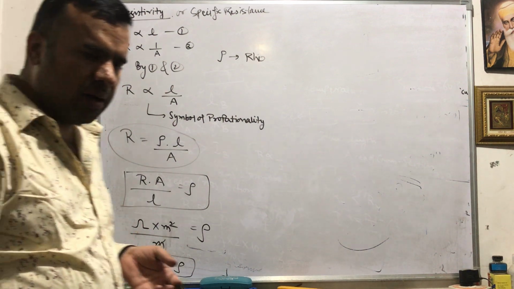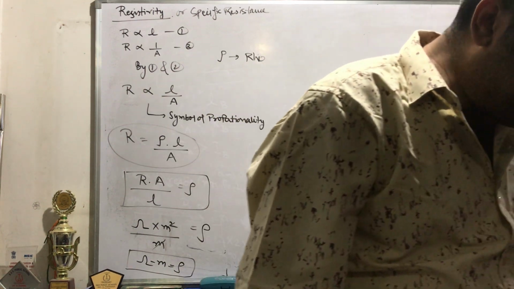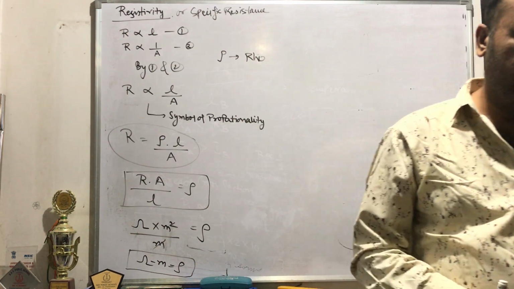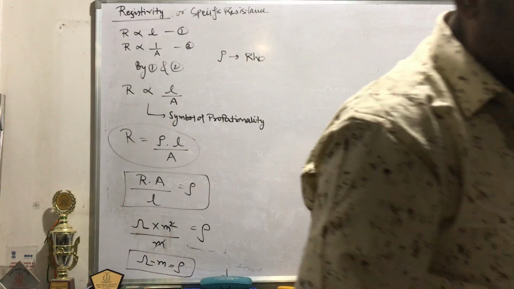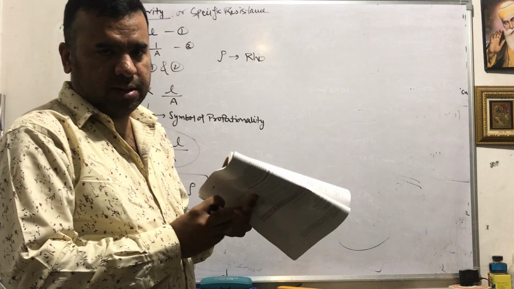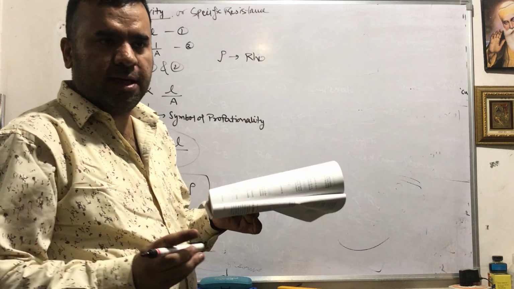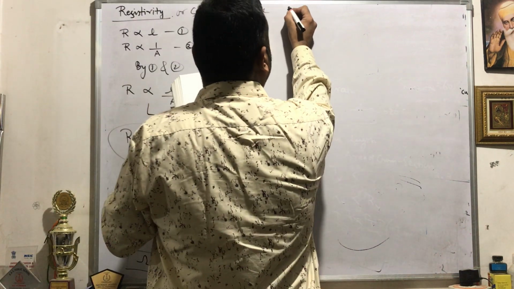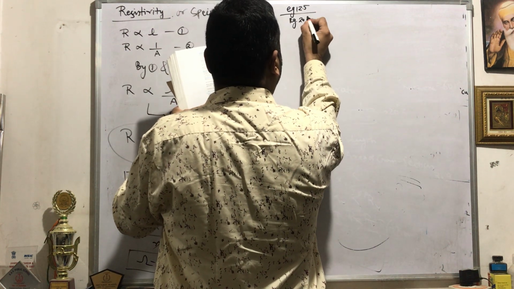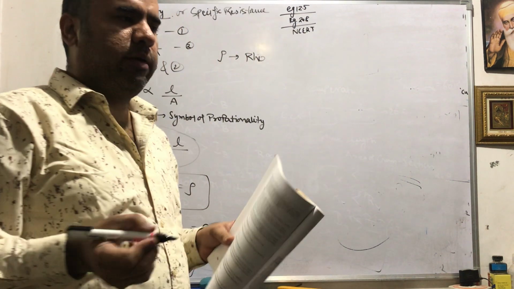Next we will do some numericals based on it. Examples 12.3 and 12.4, given on page number 208 in NCERT, are very easy. I would like to take two typical examples in front of you, example number 12.5 and 12.6. Now we will discuss it. Page number is 208, NCERT, example 12.5. It's a very important question based on resistivity.